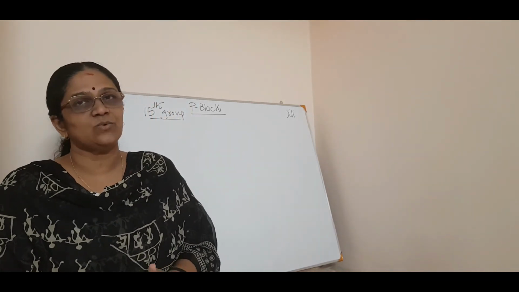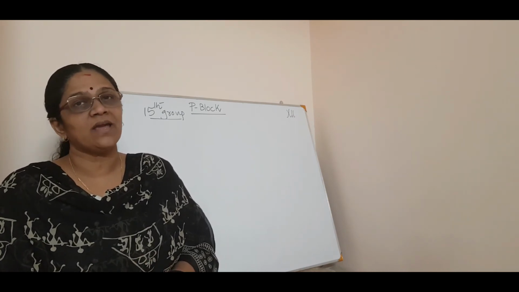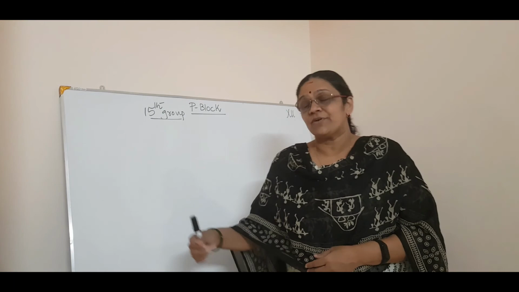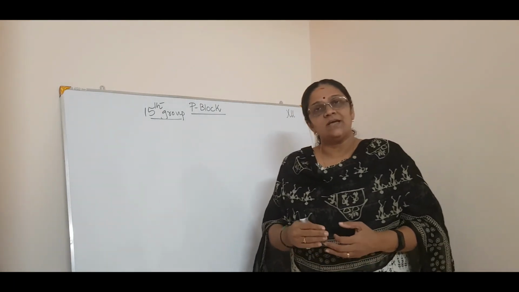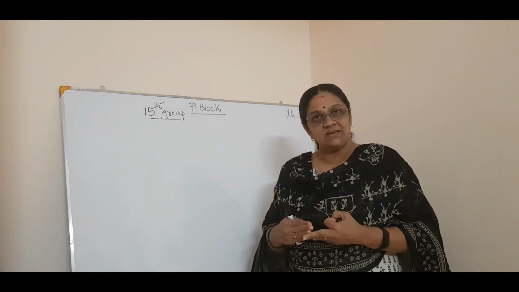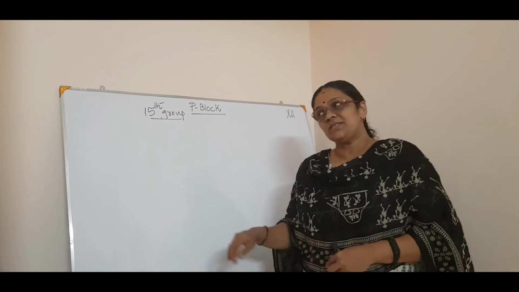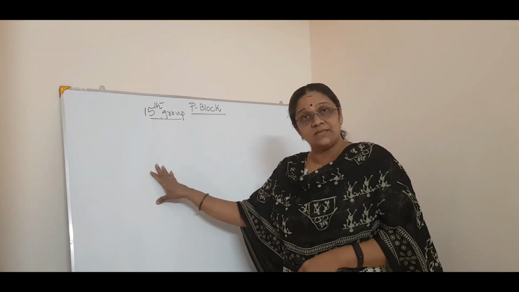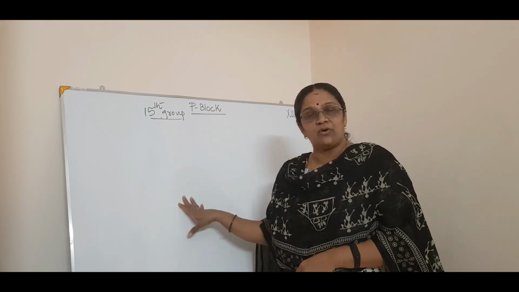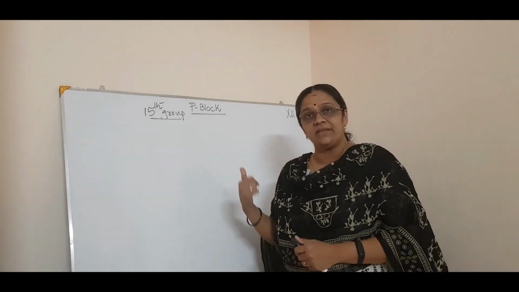So the surface chemistry chapter is over. Now we will move on to the next chapter, that is P block elements. And as you know, in P block elements you have to study from group 15 onwards. That is group 15, the nitrogen family, group 16, the oxygen family, group 17, the fluorine family, and group 18, the noble gas elements. Moreover, the boron and aluminium family, the 13th, and the carbon family, the 14th, you have studied earlier. So here you have to study from the 15th group.